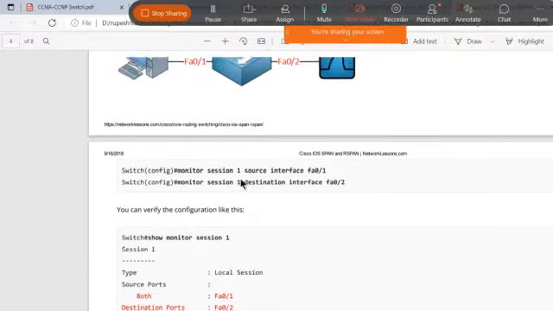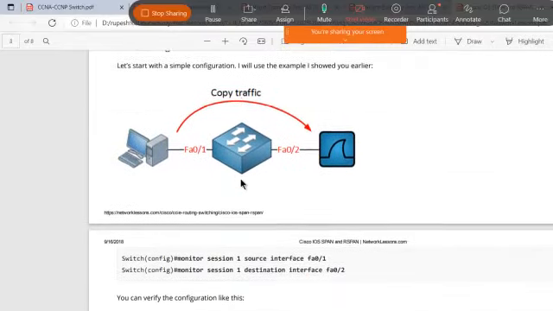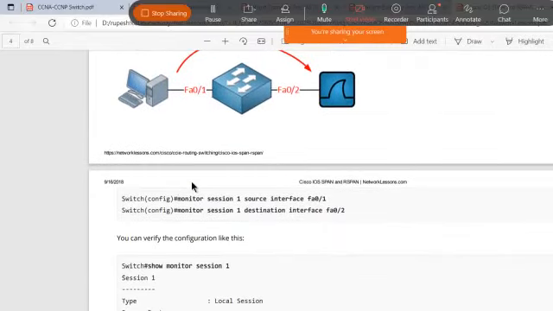Okay, so how can you configure SPAN, how can you monitor that? Here is a command which you can configure. That is monitor session 1. You have to create a particular session, and the source would be your FastEthernet 0/1. Meaning you can monitor the traffic from this interface, right? Whatever traffic travels via this interface, you are going to monitor it, right?